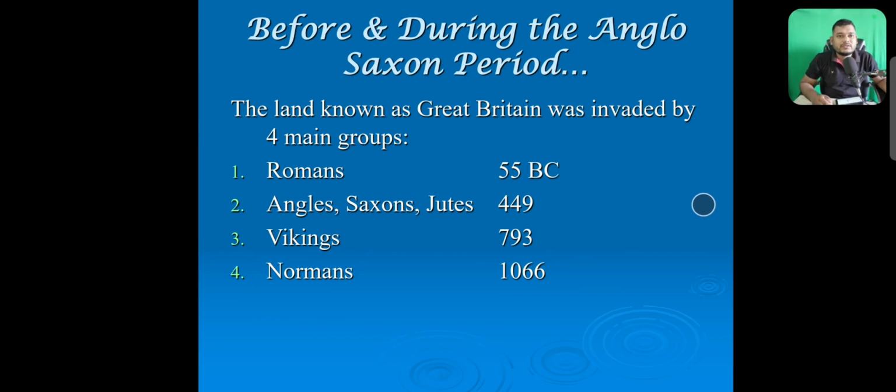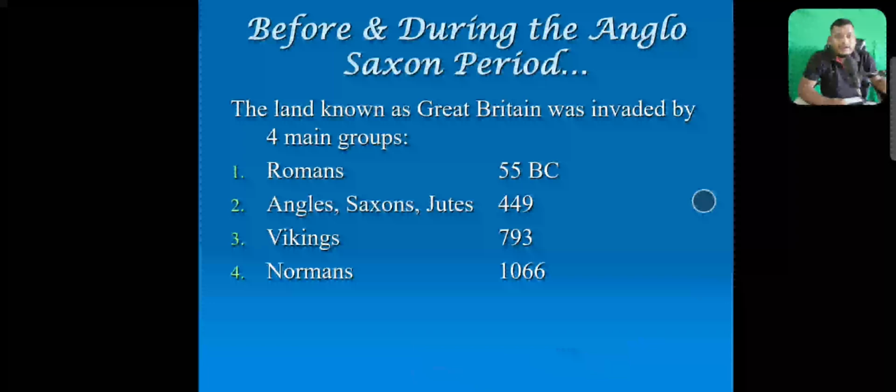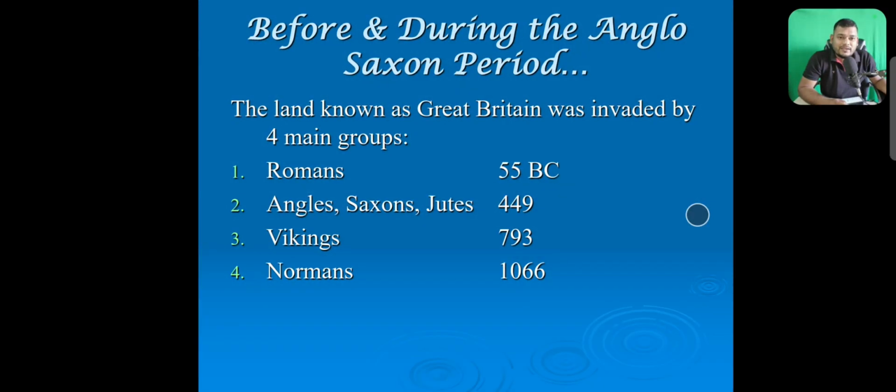Before and during the Anglo-Saxon period, the land known as Great Britain was invaded by four main groups. We just have to remember these groups who invaded Great Britain. In 55 BC there were the Romans. In 449 there were the Angles, Saxons, and Jutes, which are very famous in English literature. In each book, we will get some ideas about the Angles, Saxons, and Jutes. In 793 there were the Vikings, and there were the Normans,